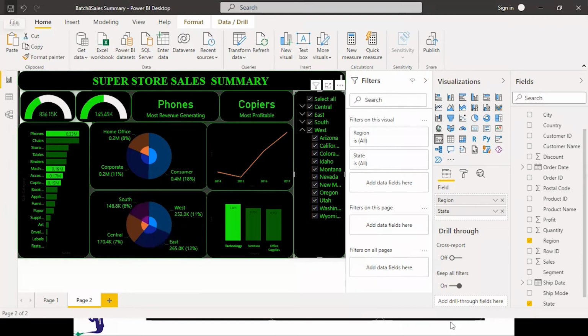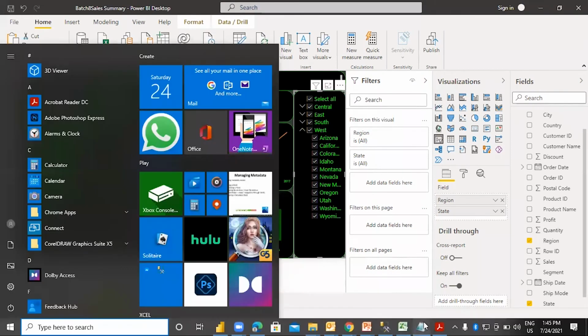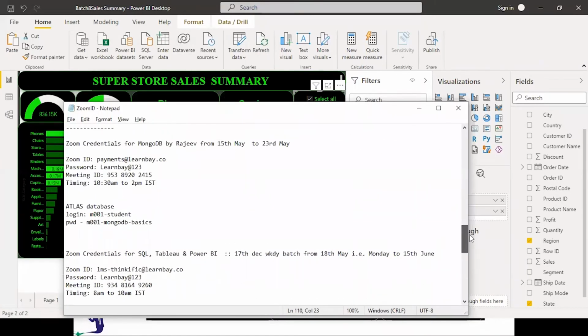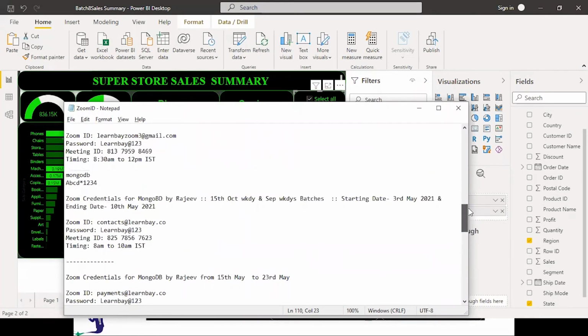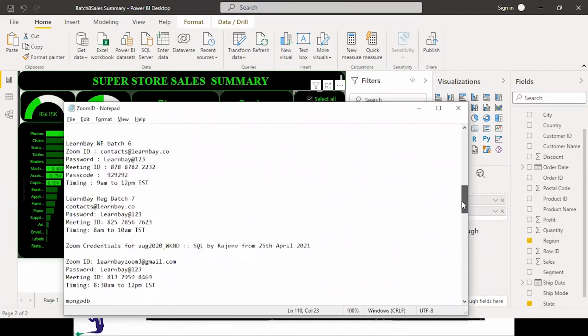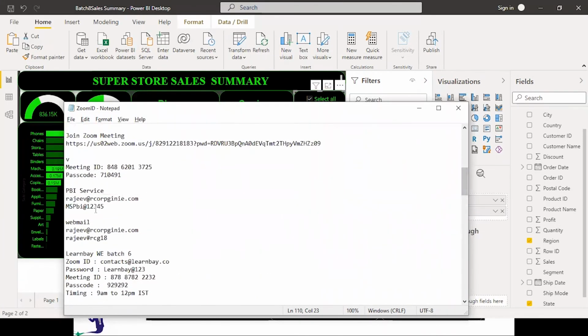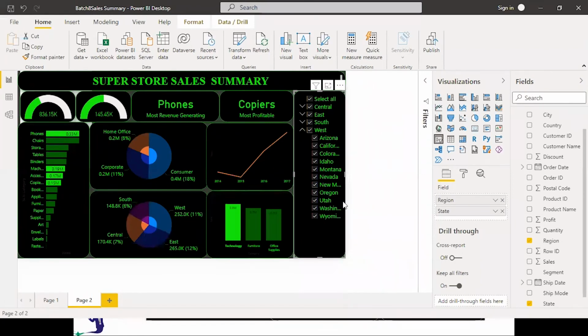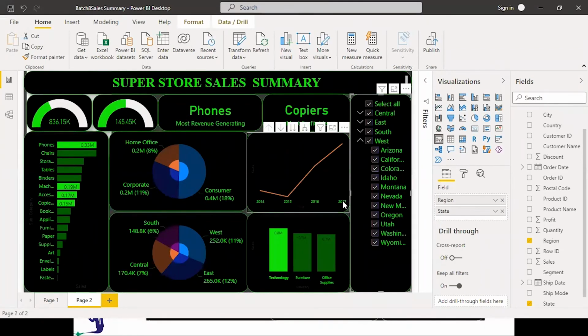And now we have to publish it, putting it onto the Power BI service. So we will go to publish over here. Just click on publish.